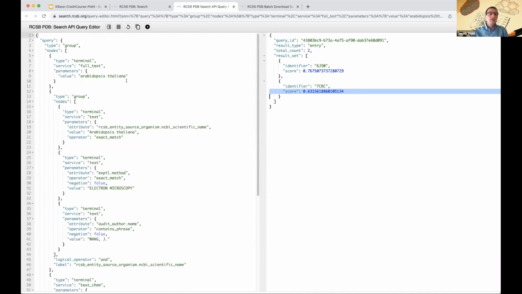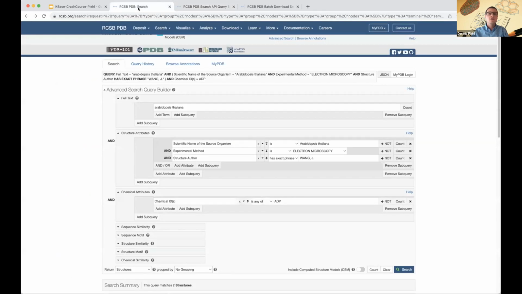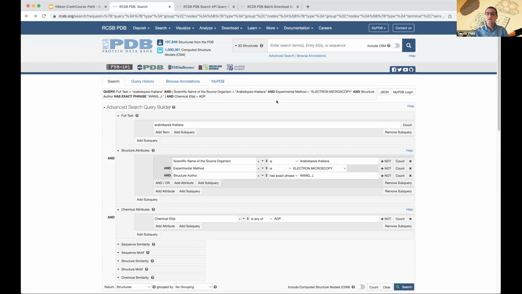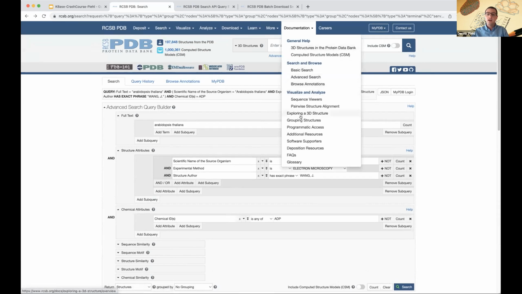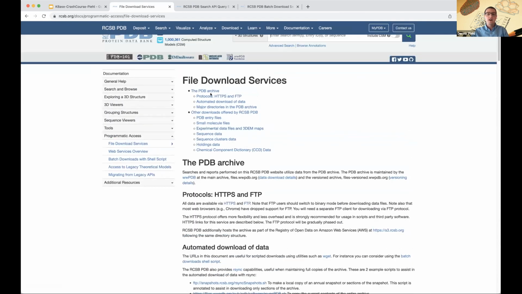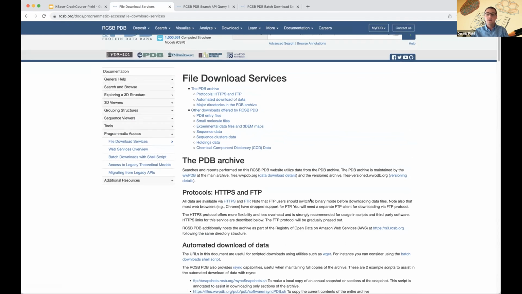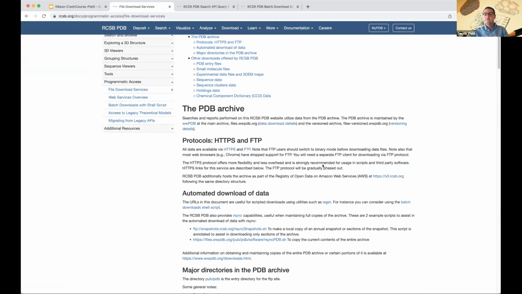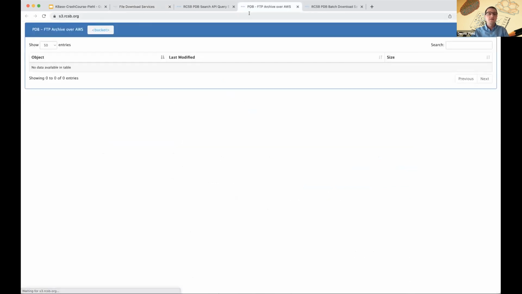Along with this programmatic search query option, I also wanted to quickly illustrate how you can access our PDB archive directly to download files. You can go to our documentation page and go to programmatic access. Here we provide a lot of documentation about how to download our data. And one of the things I described earlier was that we now offer our data on an AWS S3 bucket, which you can access here. If we open this up, this will bring us to the